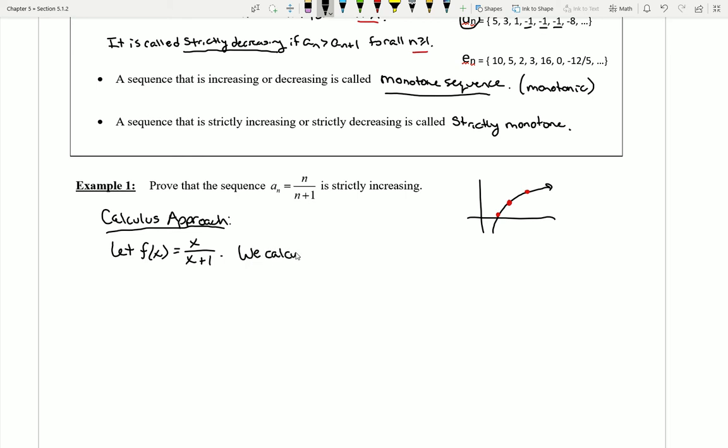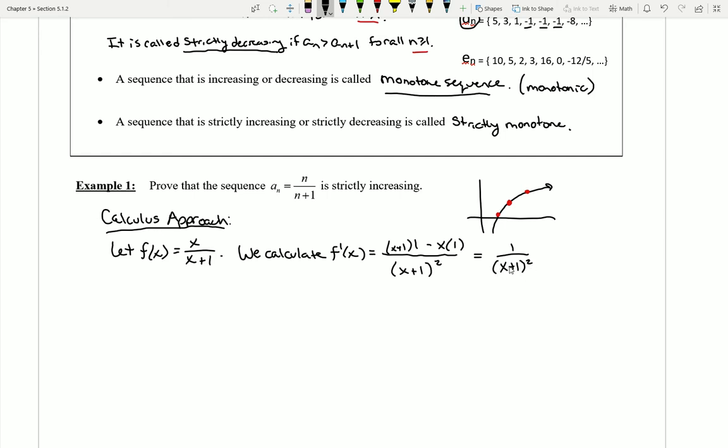So I'll see here that we calculate f prime of x is equal to, and I'm going to have to use the quotient rule here. So let's see. I'm going to have my x plus 1 all squared, and then my x plus 1. Remember that then I can go ahead and the rest of the numerator is going to kind of act like a product rule, but just with a subtraction. So I've left the x plus 1 alone. Now I'm going to do derivative of x, and then subtract and reverse the order. Notice that when I do this, though, I still am going to have an x on top with a negative x that are going to cancel out, and I'm going to be left with 1 over an x plus 1